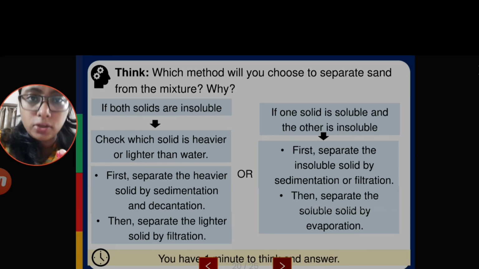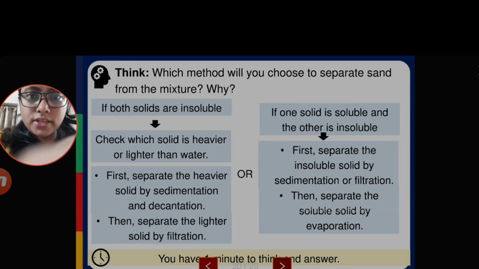Wherever the solid is insoluble in the water, from the liquid we can separate the solid particles easily with the help of sedimentation, decantation and filtration. Okay students,